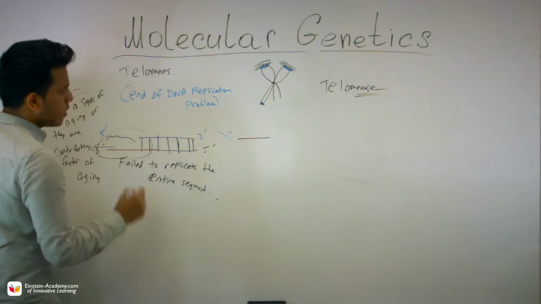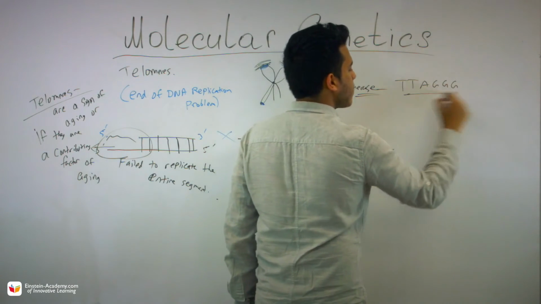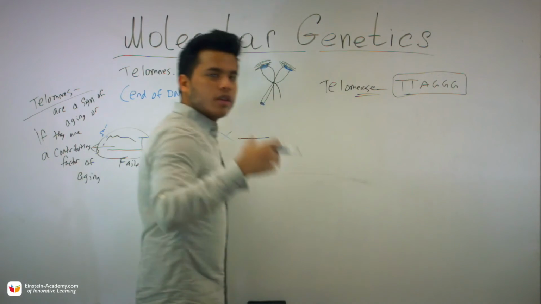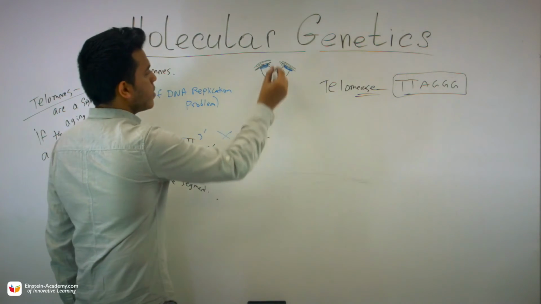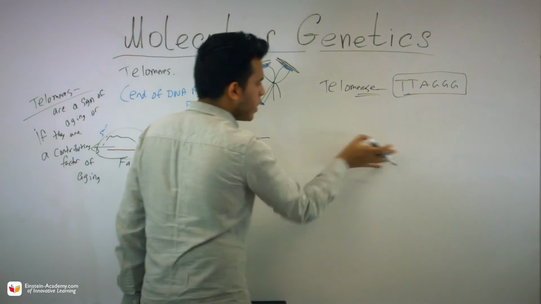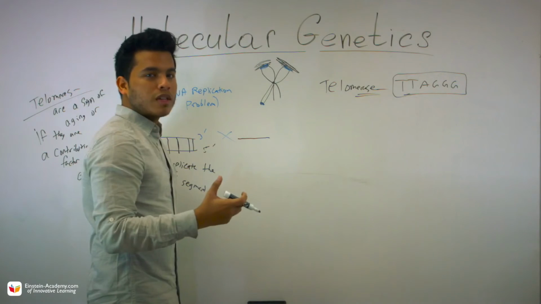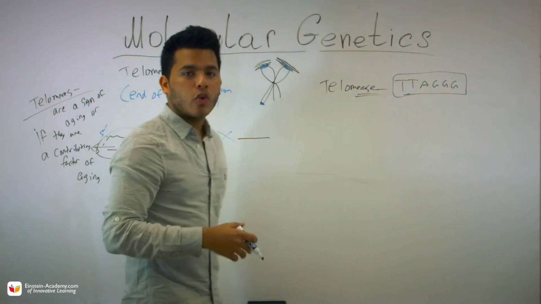So it's going to extend this by adding sequences of T, T, A, G, G, G to slow down this telomeric shortening. So instead of shortening, you're going to extend. You're going to keep extending this telomeric region,